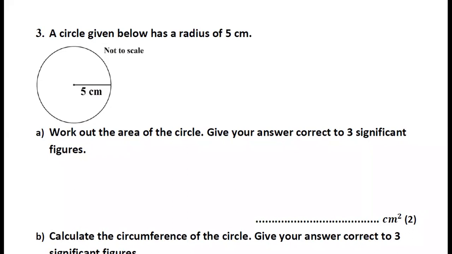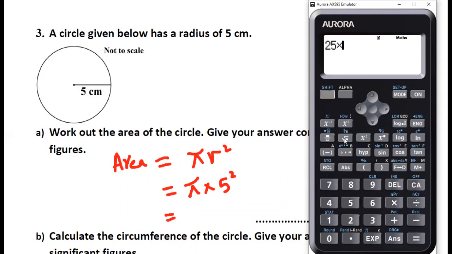Let's move to the next question. It says a circle given below has a radius of 5 centimeters. Work out the area of the circle. Give your answer correct to 3 significant figures. As we have learned, the area of a circle can be worked out by the formula pi r squared. So simply what we need to do is we will multiply pi by radius squared. 25 times pi, because 5 squared is 25. And that will give me